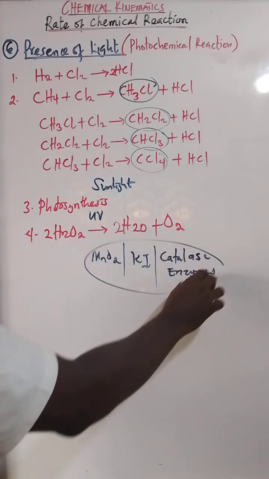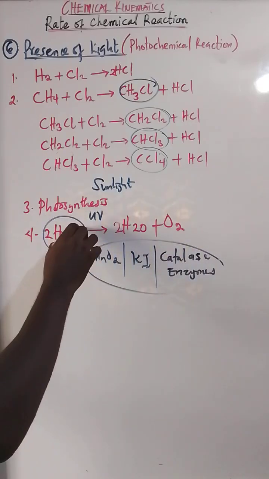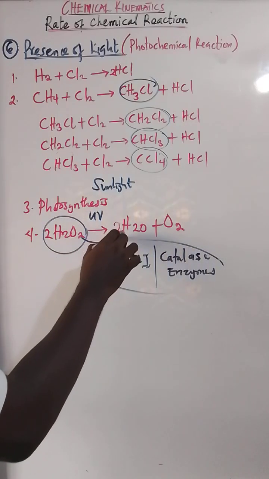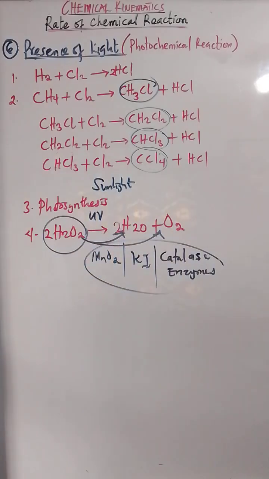So we then use this catalyst to speed up the decomposition of what? Hydrogen peroxide to water and oxygen, or simply the presence of what? Of light, because what this light will do is to initiate the spark so that the combustion can